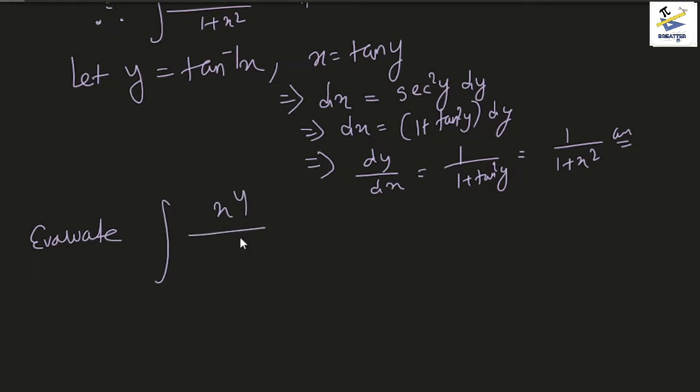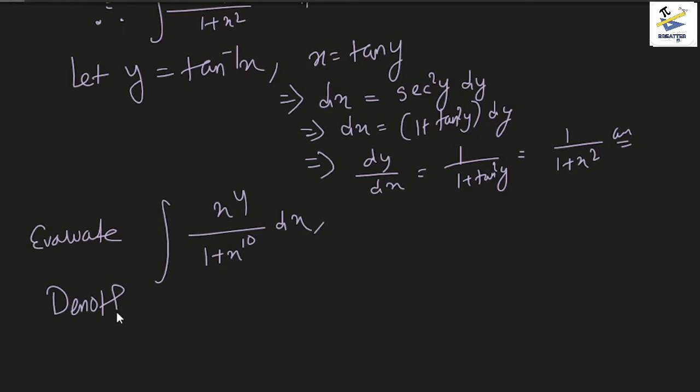Evaluate the integral of x to the power 4 by 1 plus x to the power 10 dx. Now at first glance, obviously we want to substitute for the denominator, but we see that the derivative of 1 plus x to the power 10 is not x to the power 4 dx, right? Or not any constant multiple of x to the power 4 dx rather. But what we can do here is